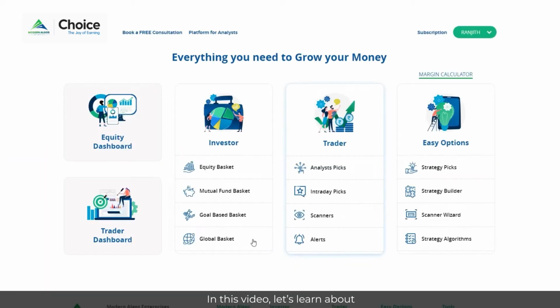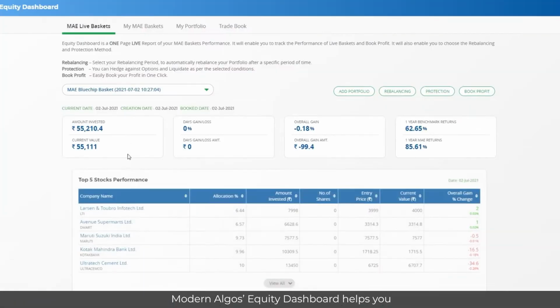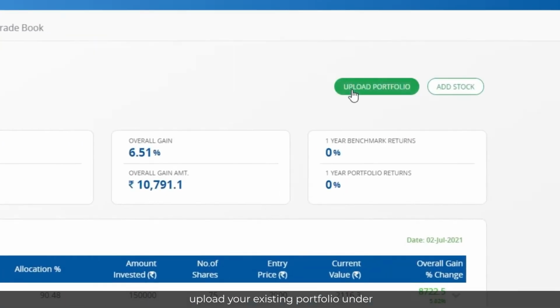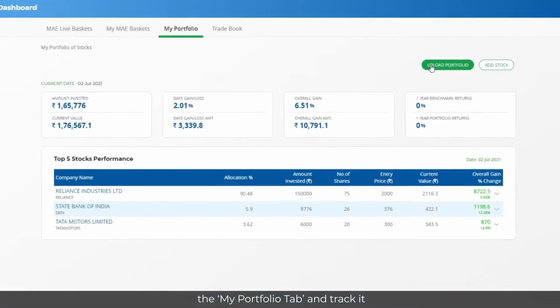In this video, let's learn about the equity dashboard on the platform. ModernAlgos' equity dashboard helps you track live or saved equity baskets. You also have the option to upload your existing portfolio under the My Portfolio tab and track it on the